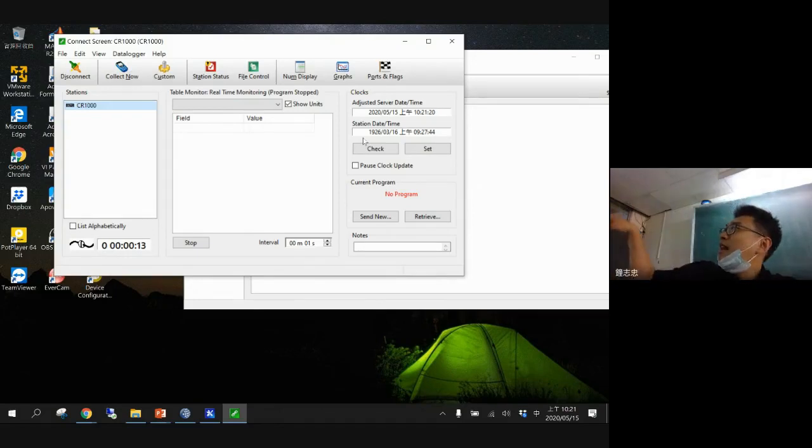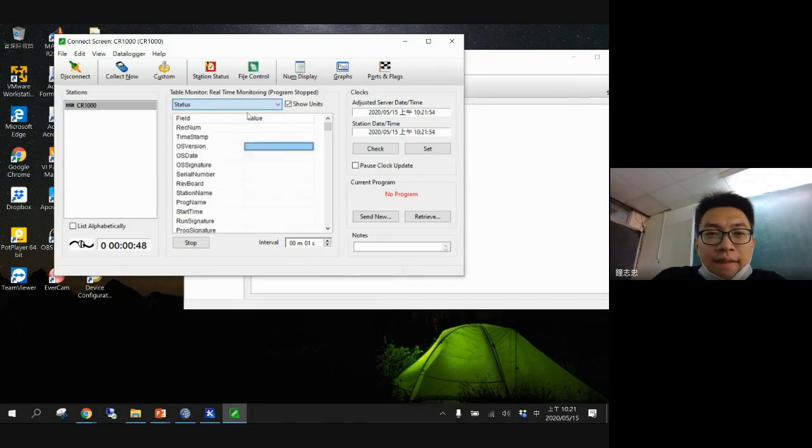And on the right side, it shows the time of this computer, because this is maybe 10 years old, already 10 years old. So right now, the battery inside of this computer, the DAQ, has run out. So we need to check and set the time. I mean the clock, the same as your own computer. And here I would like to show you